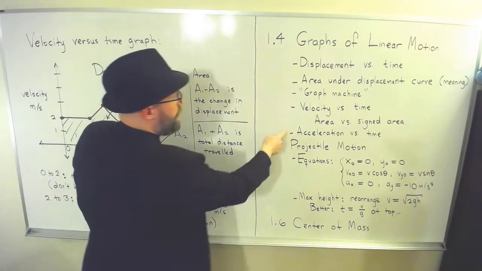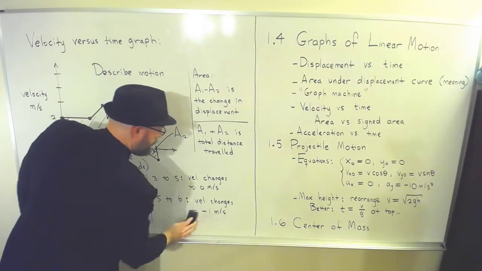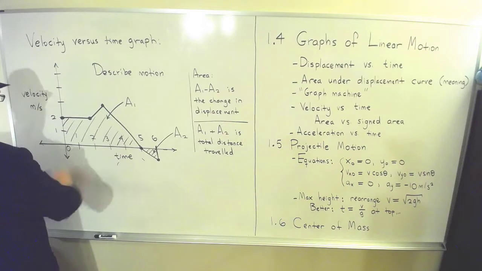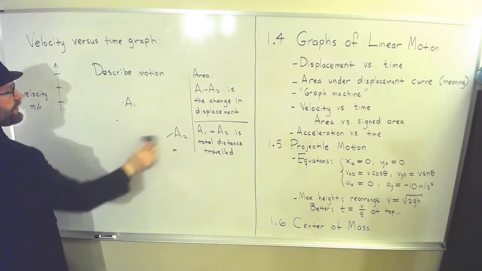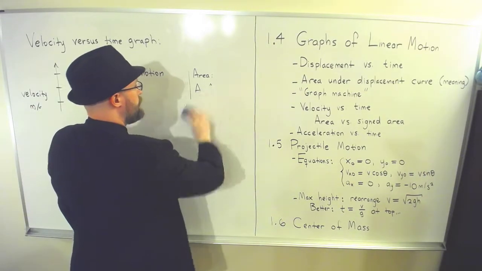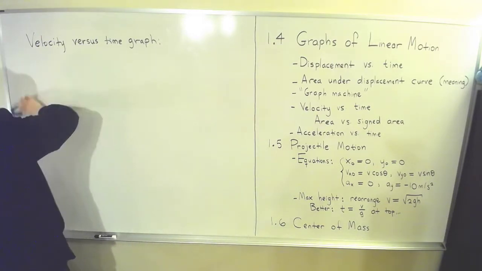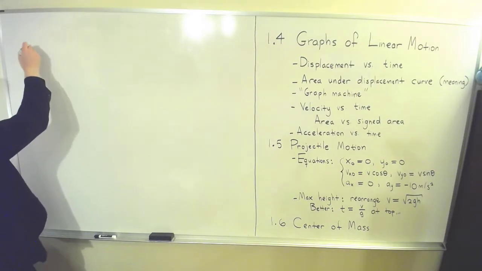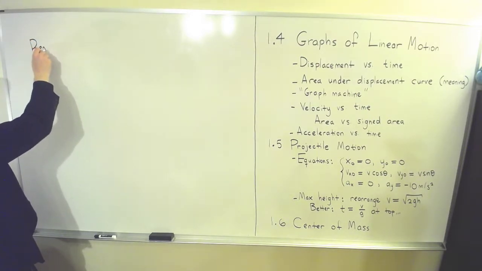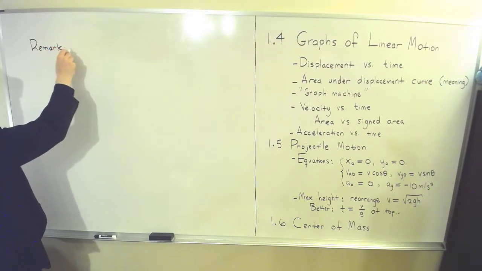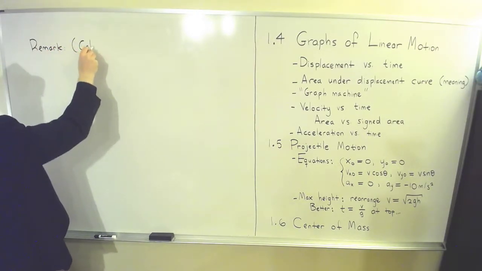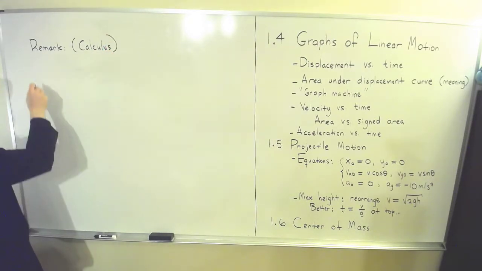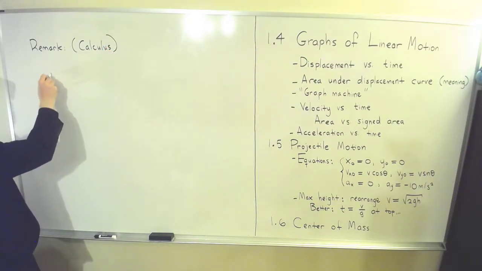Now the book doesn't really talk much about acceleration versus time graphs, and I don't think I'm going to either, simply because I don't see how that's really likely to show up in problems. I'll just make a brief remark. Of course, if you've taken calculus, so this is just a remark, and we're not having a calculus perspective here, but